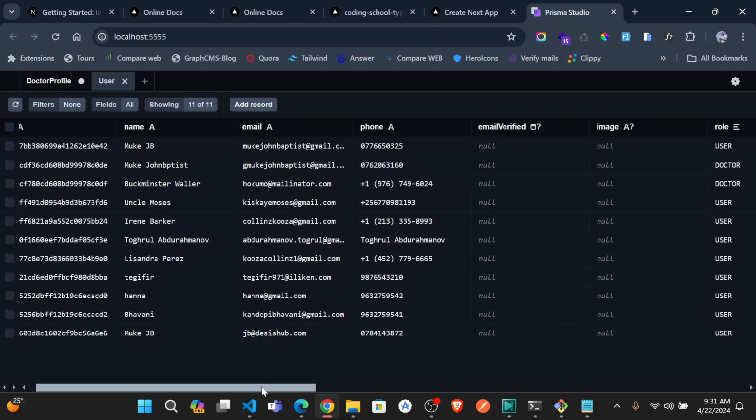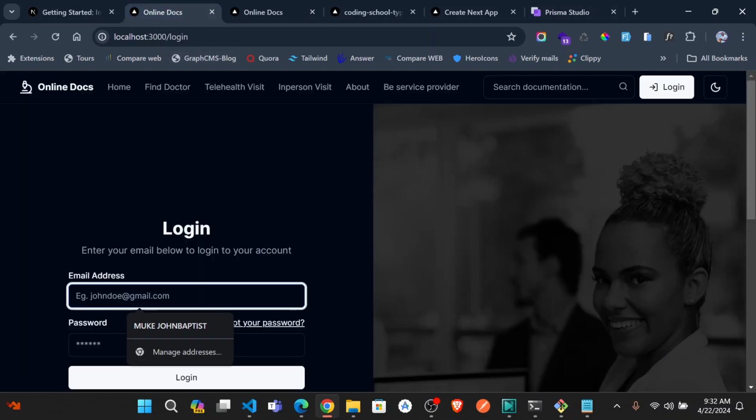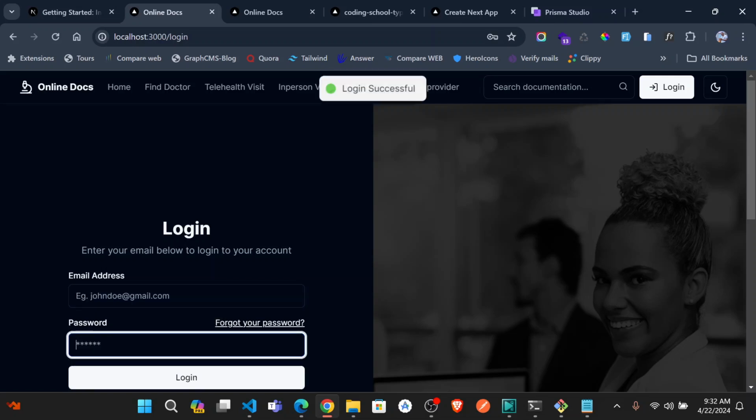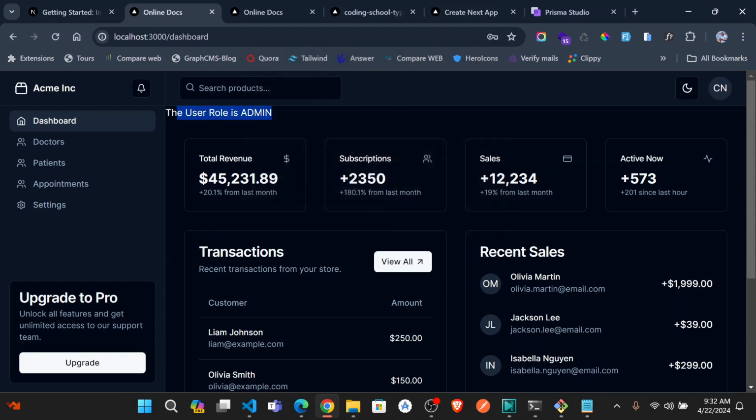I'm just going to go ahead and change this. So from the role user, go and make it admin and save changes. So the admin, you make him from this side. Okay, just go in the Prisma Studio, change this to admin, and now if we go back, let's log in. I'm just going to come and say this, and just say password is admin, login, and boom. Okay, so the user role is admin, and we're here on the admin panel